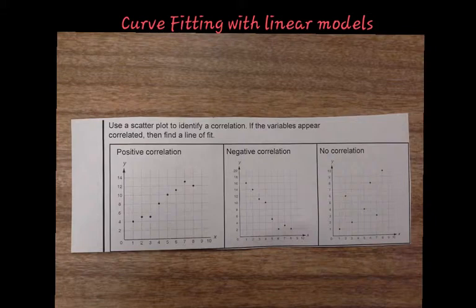Okay, so we can find the correlation coefficient to find the strength. When you have a positive correlation, a positive slope, and it makes a really good line, you can say you have a strong correlation. And the same thing goes for a negative correlation, and if you have a line, it can be strong. So let's look at how to find the line that best fits the data so we can predict